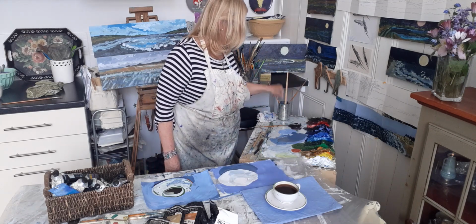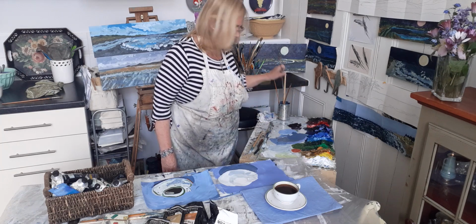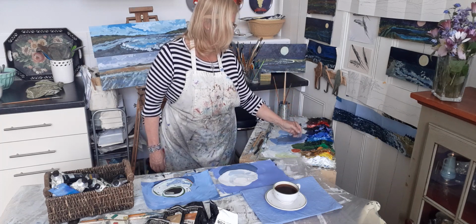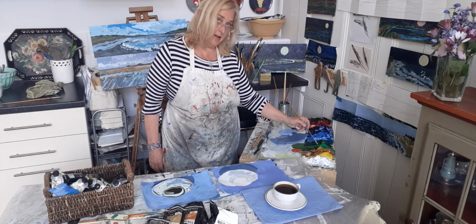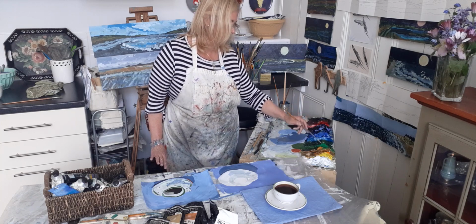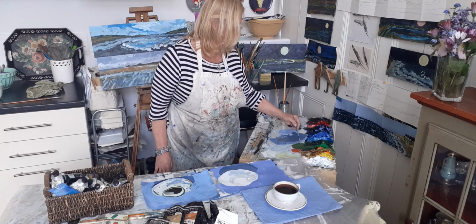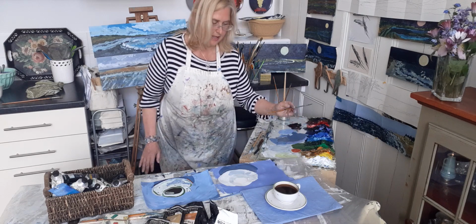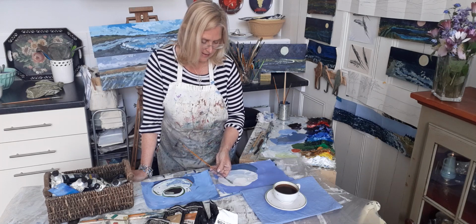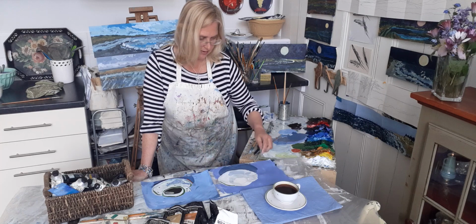Now I'm going to mix my green. I'm going to lay it in. So this green was a bit of yellow ochre, a little lemon yellow, and it is Hooker's green. And so I'm just going to go around and do a quick little